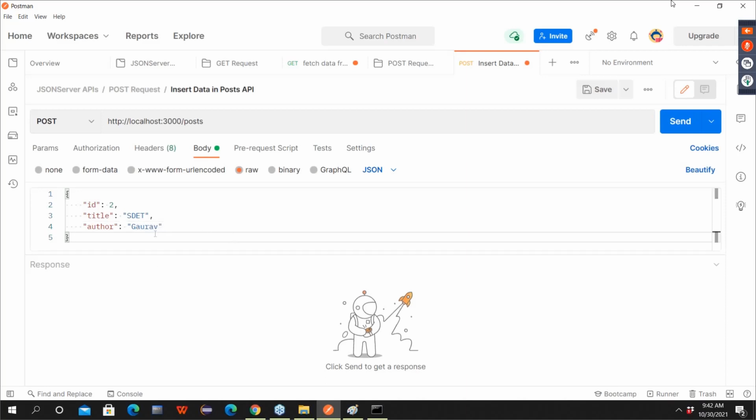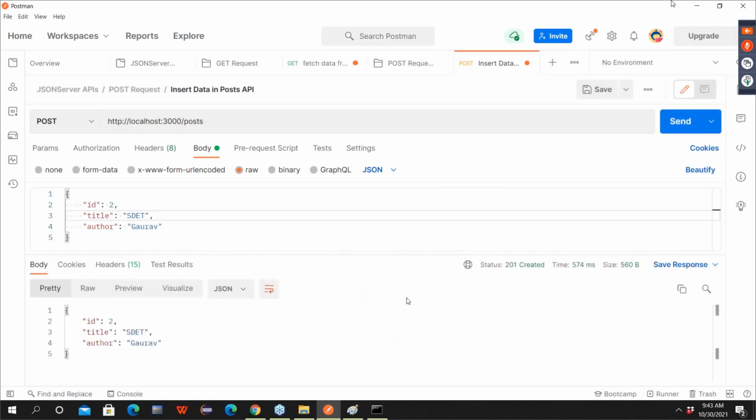Now this data I want to post. So what I did, guys: first select HTTP method as post, give URI, go to body, go to raw, set content type as JSON, give the body. This is your payload. Now click on send. See, are you able to see?